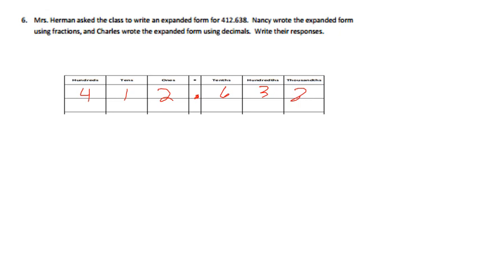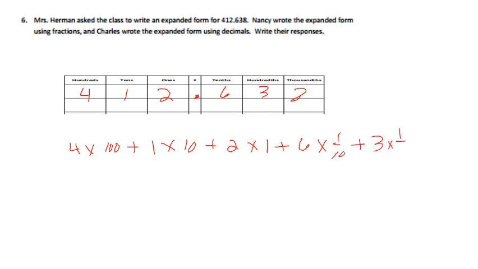Now it says Nancy used fractions, so let's go ahead and do 4 times hundreds place, 100, plus 1 times 10, plus 2 times 1, plus 6 times 1/10, because she used fractions, plus 3 times 1/100th, plus 8